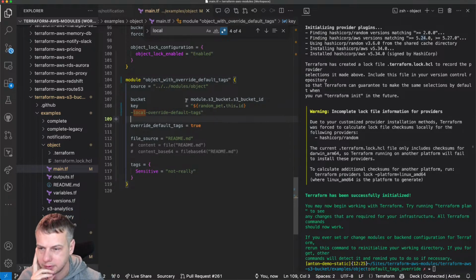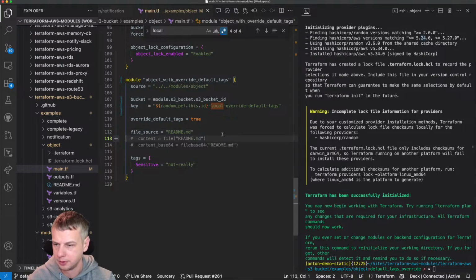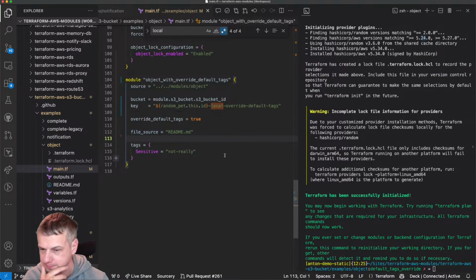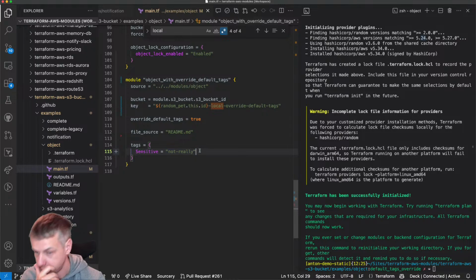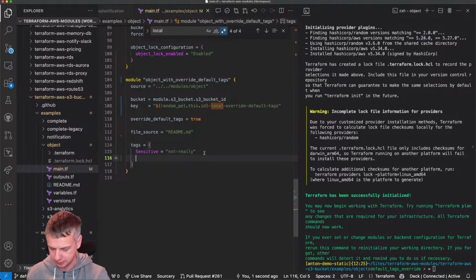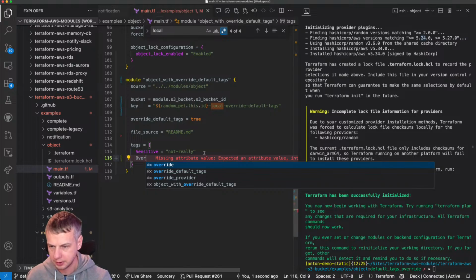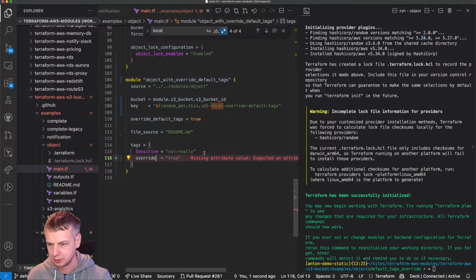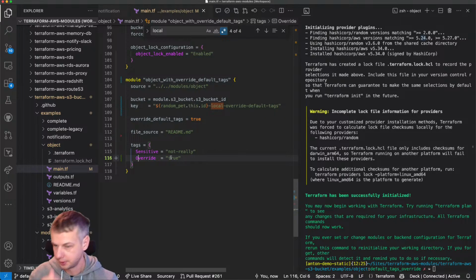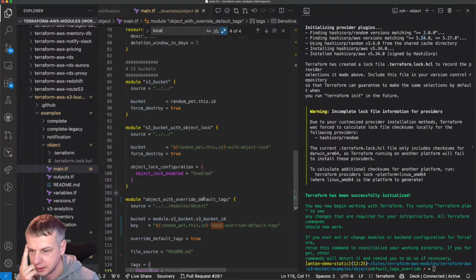Okay. So no need to have this thing. Sensitive, not really, but we have override true, just for fun, so that we see that our tag is used.